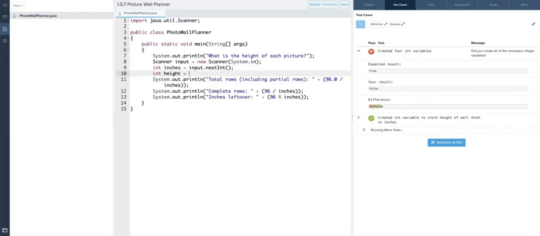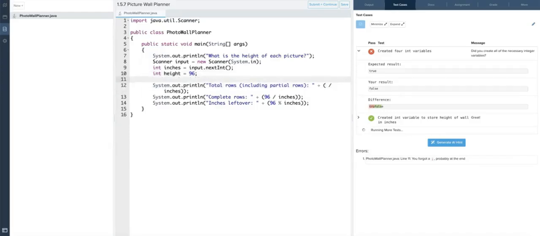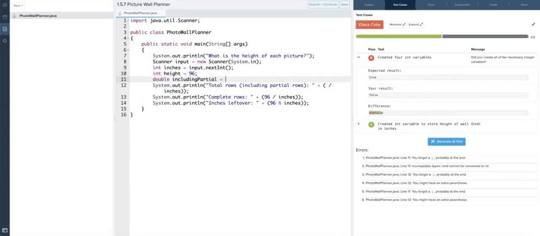equals 96. So height. Oh man, they want us to do the math for each one of these. So I guess double including partial equals the math of